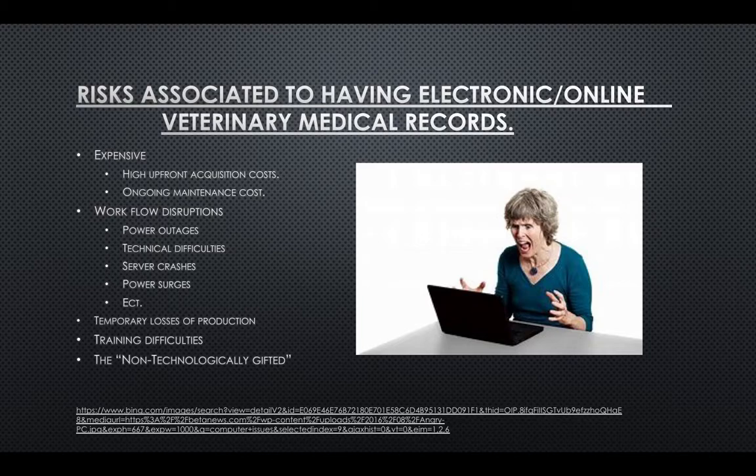Whereas with paper records, there were no system failures, no electronics shutting down. It was paper. You physically had it in your hand. But with electronic stuff, if you have a power outage,